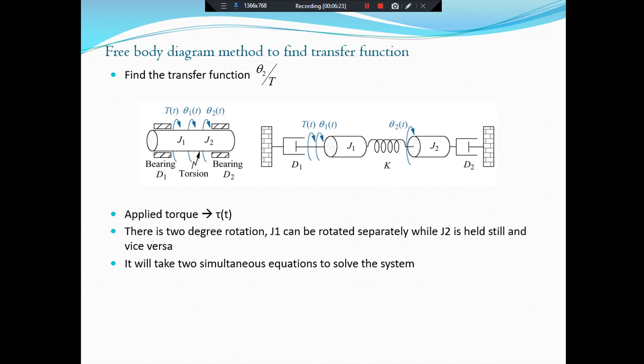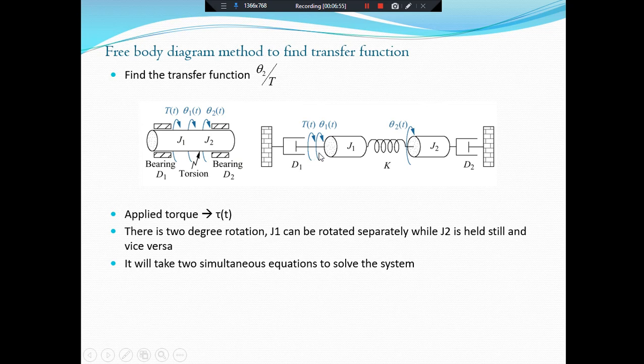If it's too rigid, there can be damage, or it can break from the center or any part. There is some flexibility, so it's a little bit flexible or twisting when we apply a torque on it. So I have redrawn this diagram in this form. This is the fixed point, and this is the D1. Actually, the bearing will act as a viscous damper.